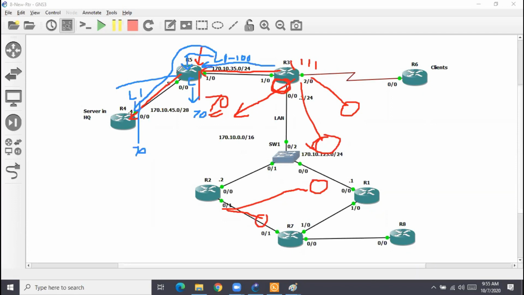Anytime any OSPF router receives any LSA, after checking for the sequence number and so on, the first important thing it will do is make a copy. Keep the copy with yourself. Forward the original LSA further to your other neighbors. And that's the reason everybody gets all the information. This is how fast convergence happens.